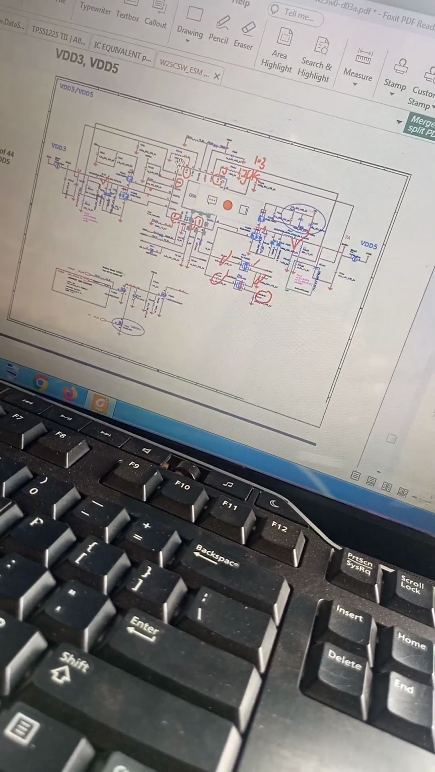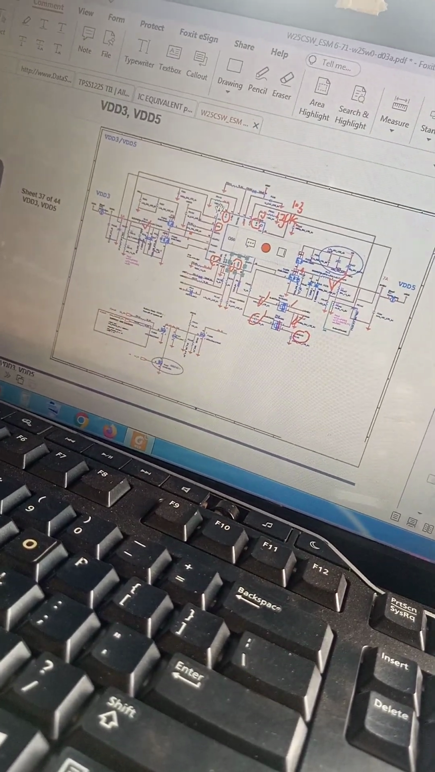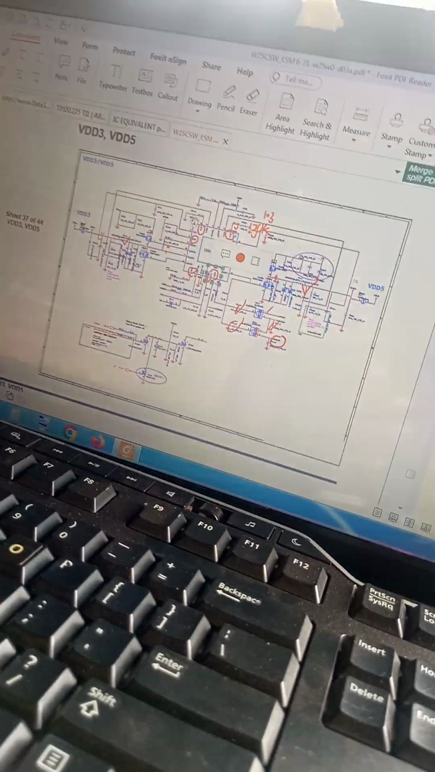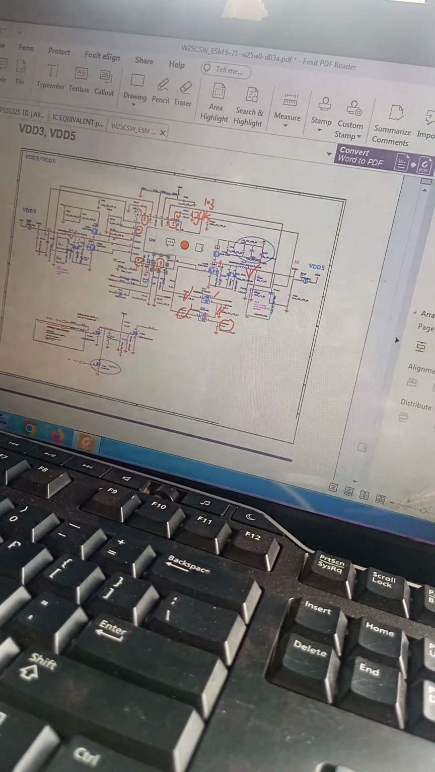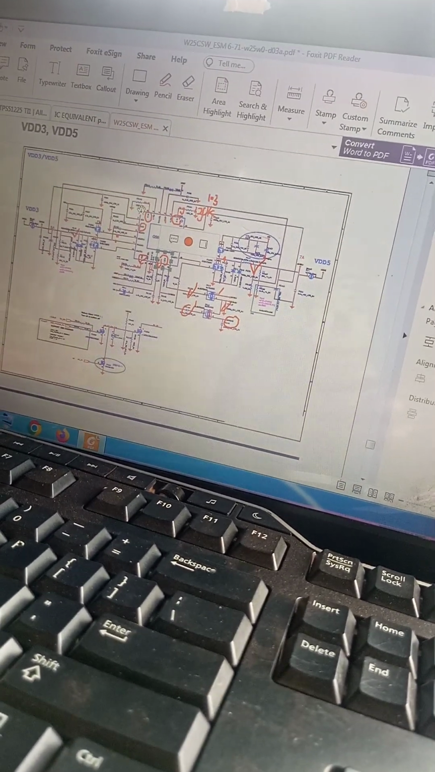Okay, how you can go about with your schematics reading, architecture of any motherboard at all, Compaq, Foxconn,